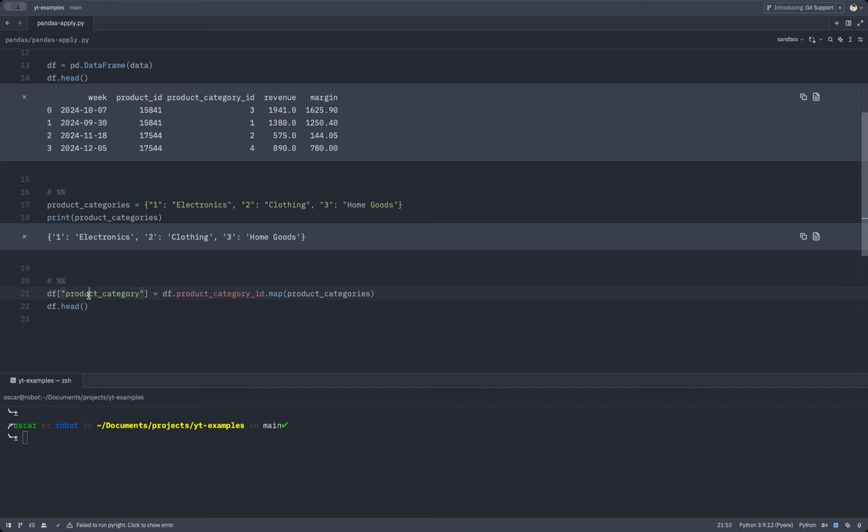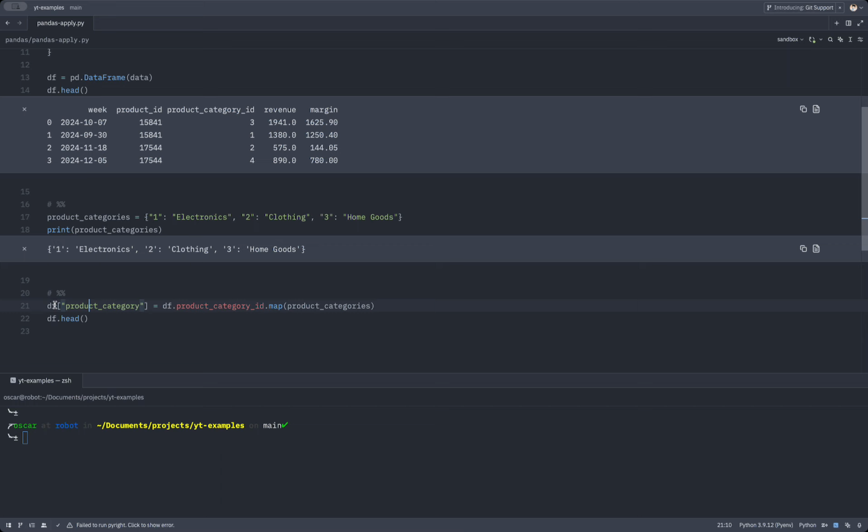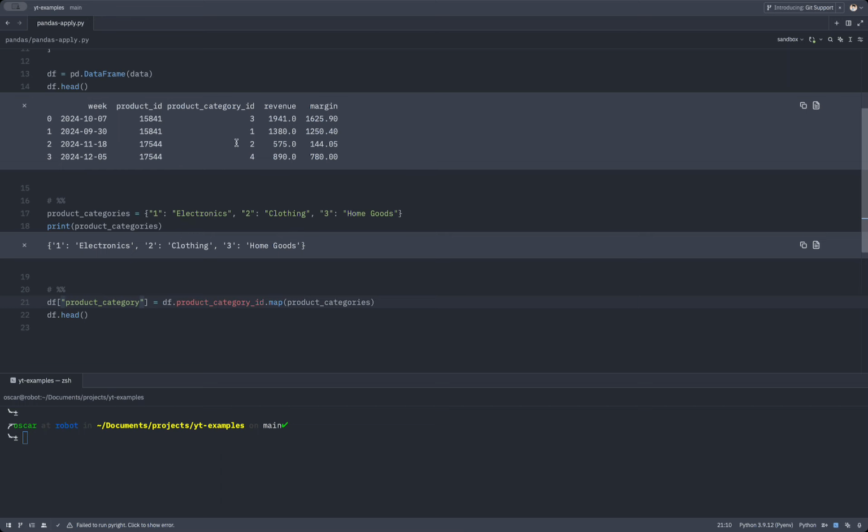So in order to derive a new field called product category that will hold these values, I'm basically going to define or say data frame product category is equal to product category ID mapped by product categories dictionary. So essentially it's going to pair the keys to this ID and then return the value into